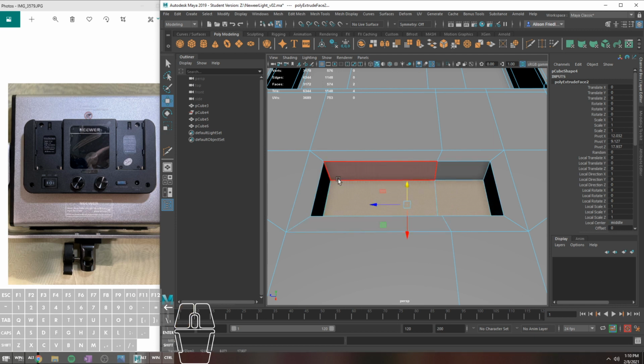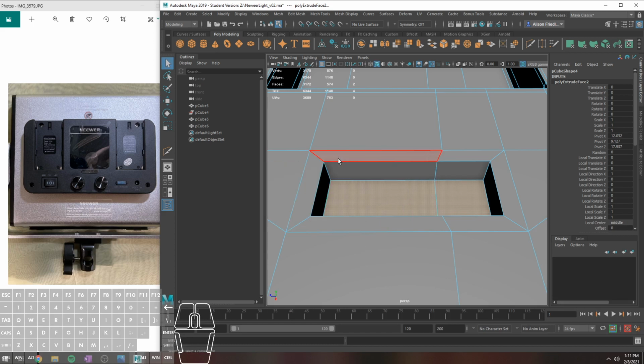I'm going to make the button separately. I'm not going to put that in the same object, because that way, if you were ever to animate this, you could flip this button back and forth. You could physically rotate that object separately. Same thing for any of these little control dials. Having those objects separate makes it easier to animate in the future, or if you ever see those product photography videos where they explode an object, obviously you can't explode it if it's all a single object. So anyway,